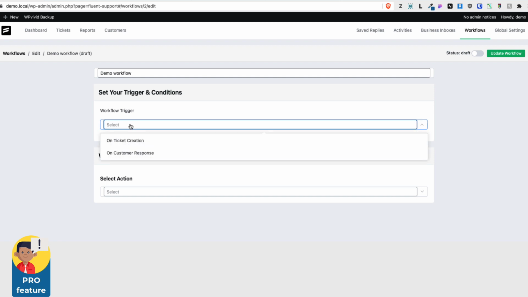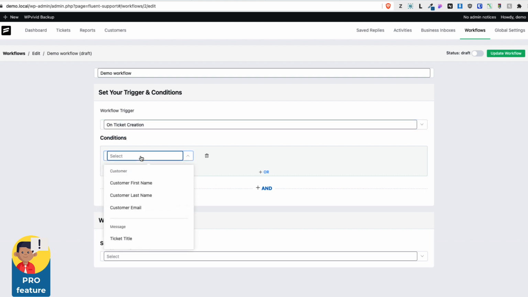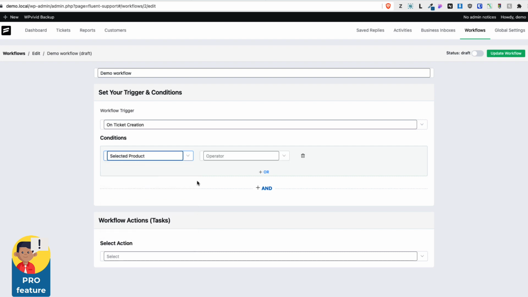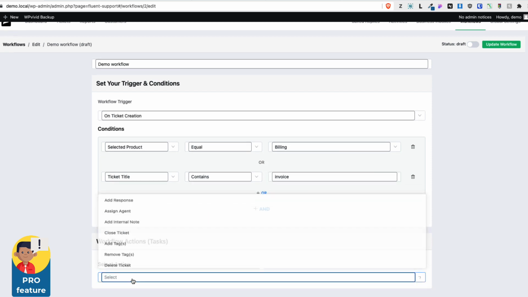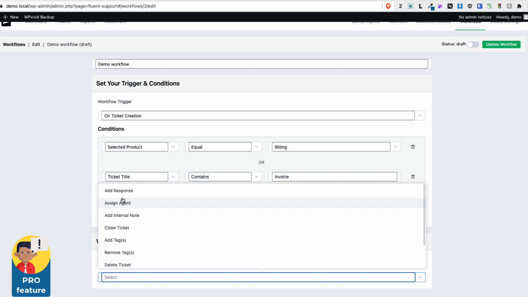First, I'm going to select a trigger. It happens on ticket creation. Conditions, I can set up the conditions here. I don't have to, but I can do that. For example, if the ticket priority or product is billing, or ticket title contains the word invoice, for example, just for the sake of it, then, and now I'm going to choose an action here,